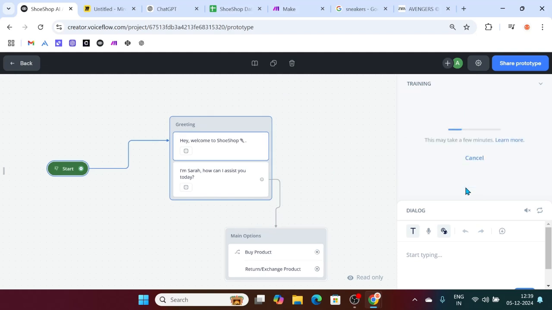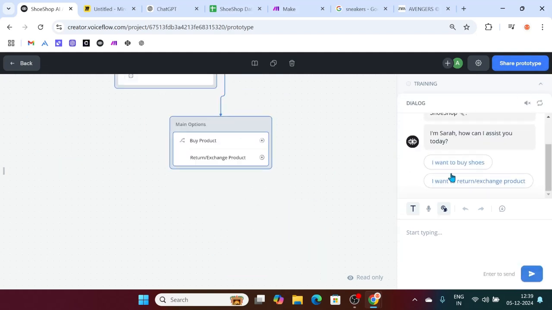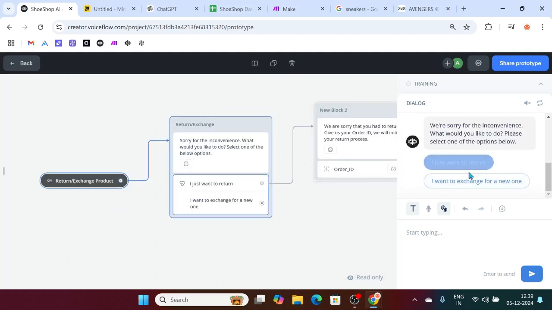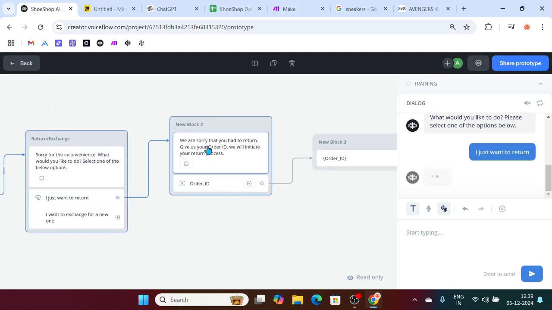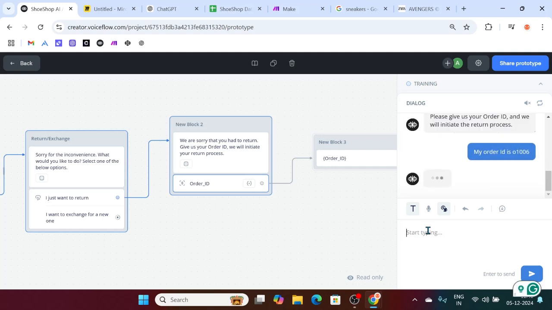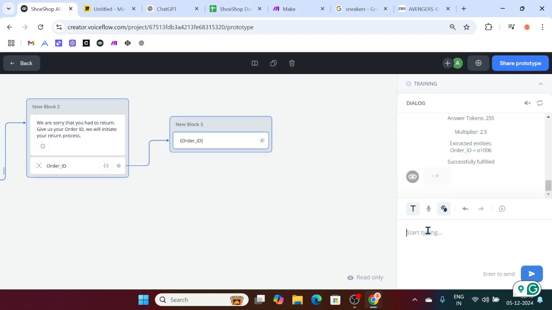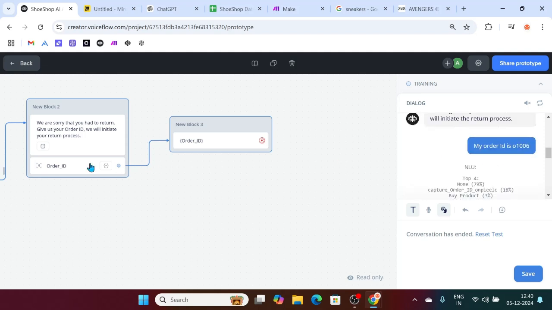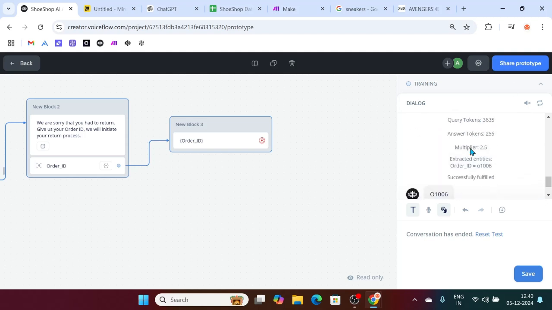I need to train the model. I want to return, so it takes me to the return. I just want to return, so it is now asking me for the order ID. If I say "my order ID is 01006," can you see it captured the order ID alone? That's how entity works. I typed "my order ID is 01006," but it extracted only the